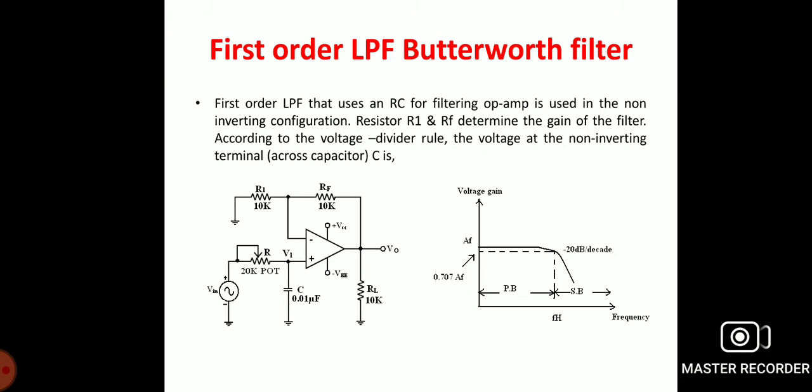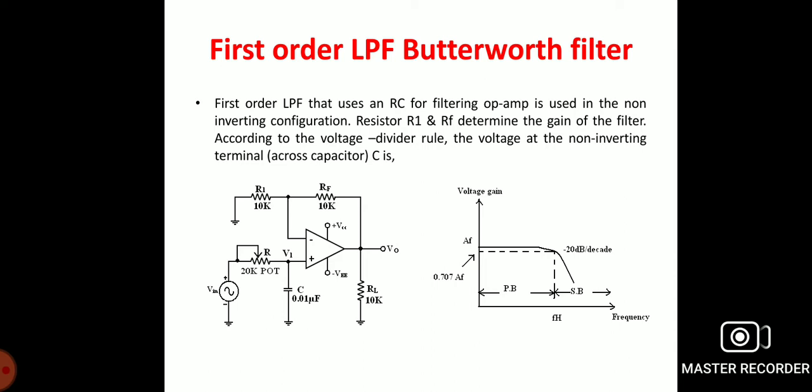The operational amplifier has the inverting and the non-inverting terminals. At the non-inverting stage, the input supply voltage is applied through a resistance of 20 kilo ohm, and the input voltage is dropped across the capacitance of 0.01 microfarad. The inverting stage is a combination of R1 and the feedback resistance, fed to the output voltage, which can be connected to the load resistance of 10 kilo ohm.